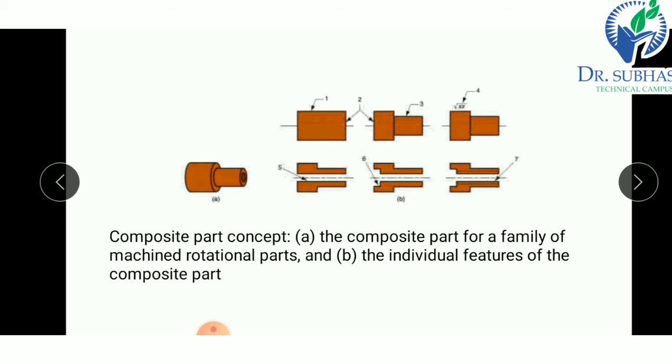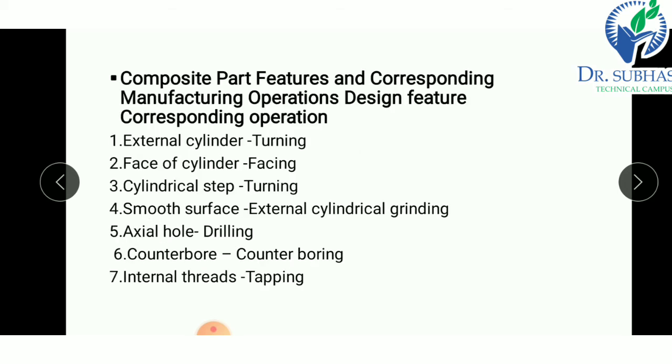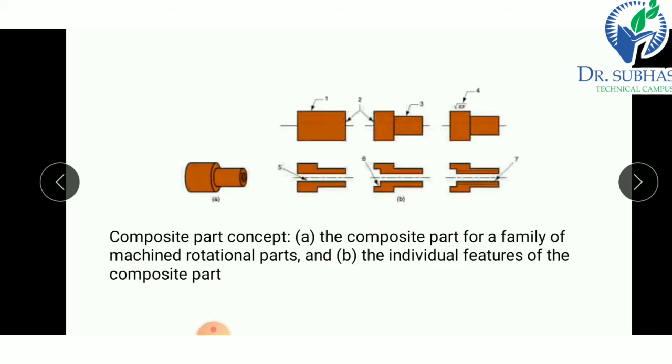So if we want to manufacture these types of parts, then we have a raw material in a cylindrical shape. So first of all, the first operation is the external cylinder, so we perform a turning operation for the external cylindrical surface.